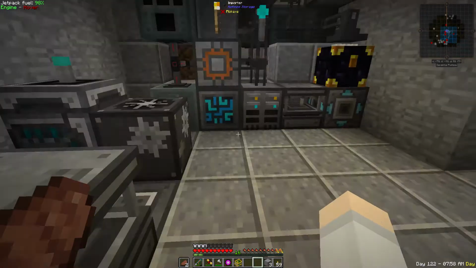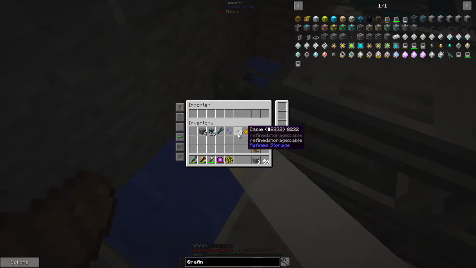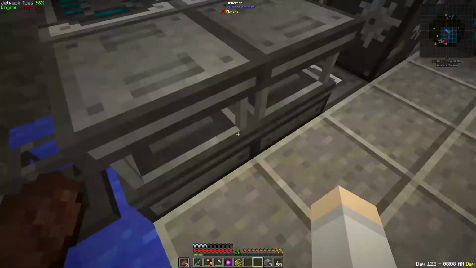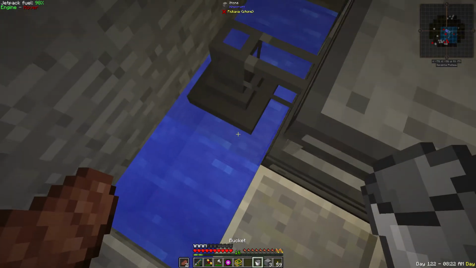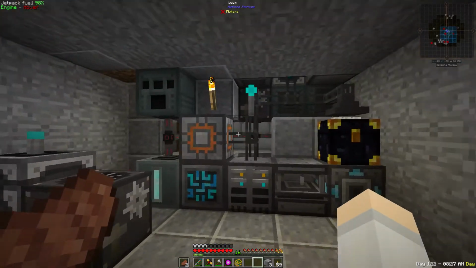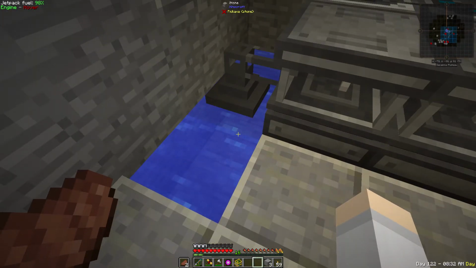Fluids. Aha! Whitelist, blacklisted probably. Just import everything. No. Ignore redstone. Fluids, blacklist. Let's whitelist and see if we can whitelist some water here. There we go. It's not interacting with the world. I think we probably have to give it